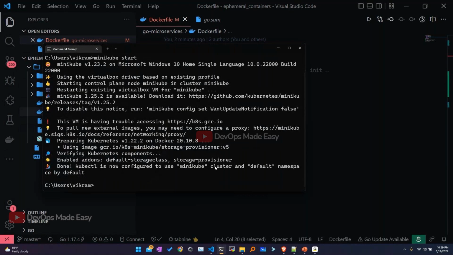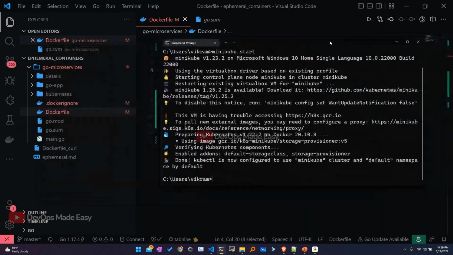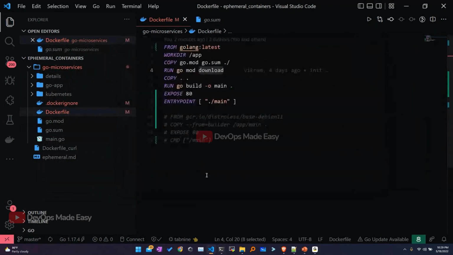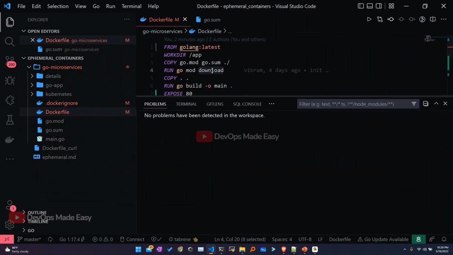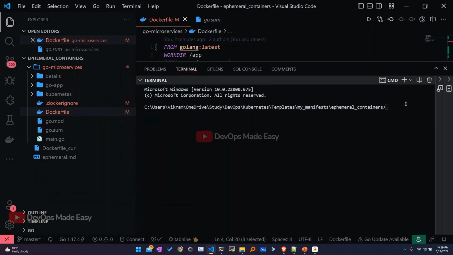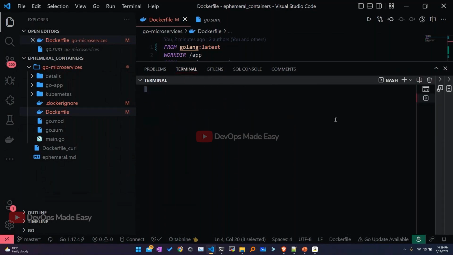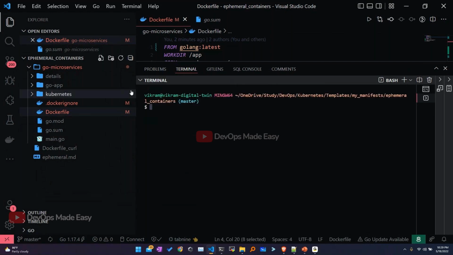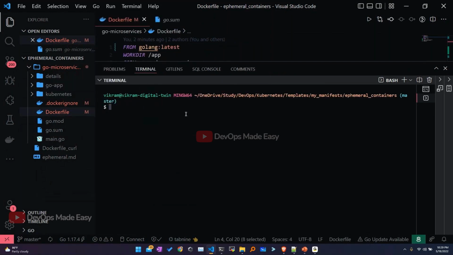Okay, so now my Kubernetes is up and running. I wanted to build the container image, but the reason why I created the Minikube cluster is that inside Minikube, Docker is running. We all know that, right? So I'll switch to the git bash profile, or you can use any terminal which supports Linux commands in Windows. If I just do minikube status,